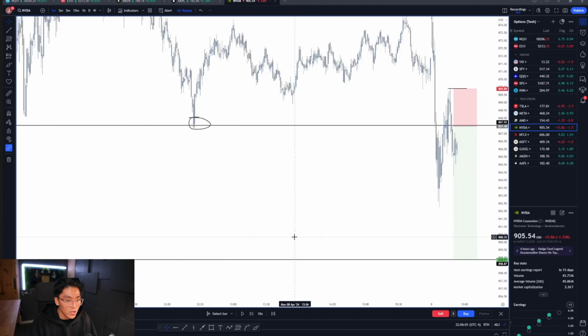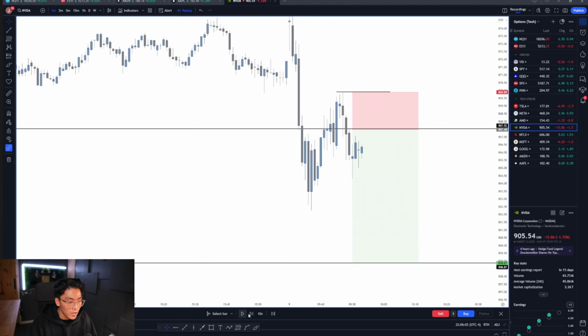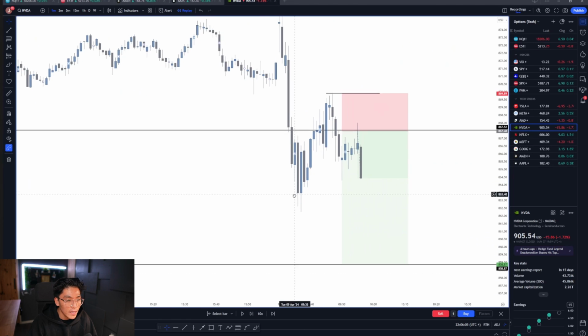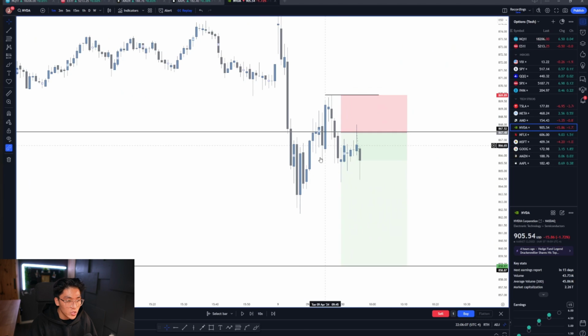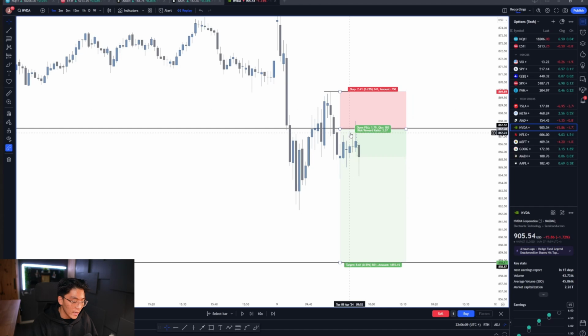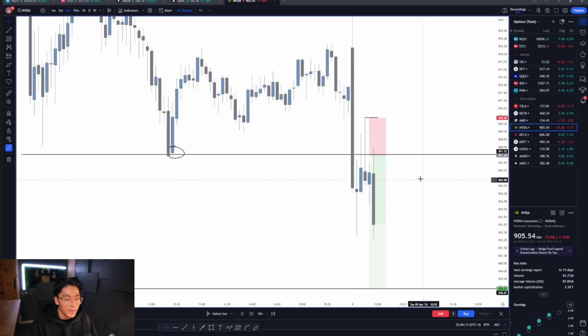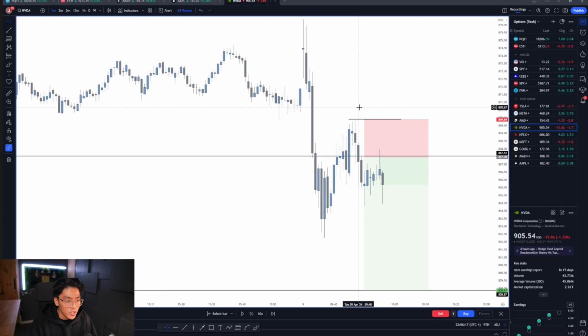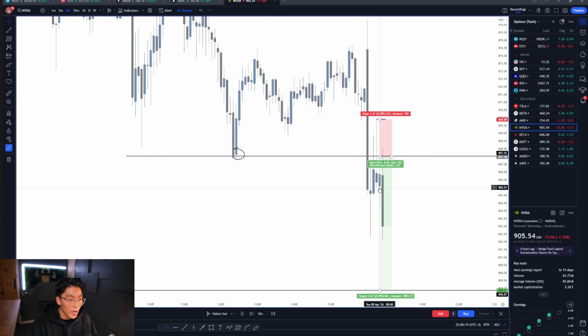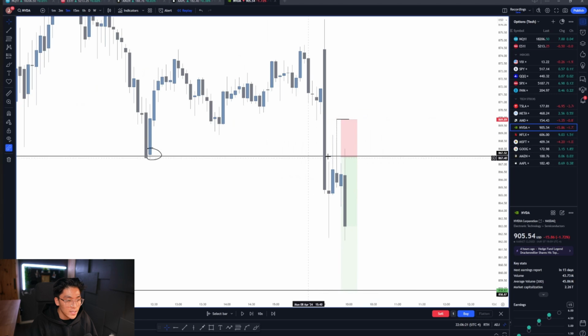So as we play the tape here, you can see that we ended up getting tagged into our position right here perfectly. And now you can see the 5 minute as well. Perfect rejection on the 5 minute time frame as well. The 1 minute is showing very nice price action now as well. The 5 minute looks even better. You can see all the wicks are holding this key level, which is that previous day low,